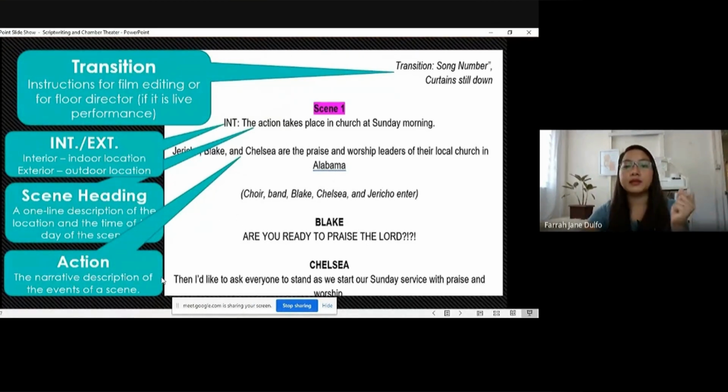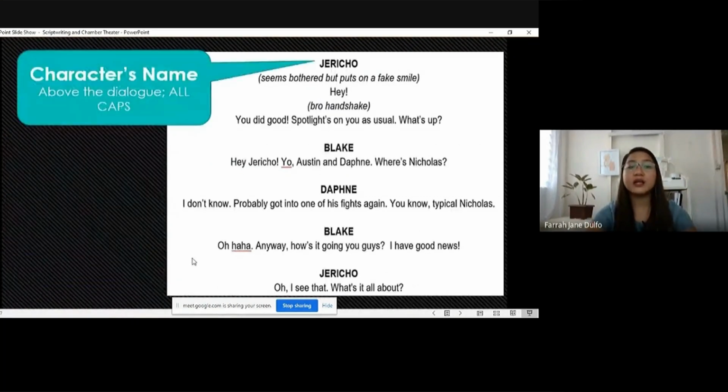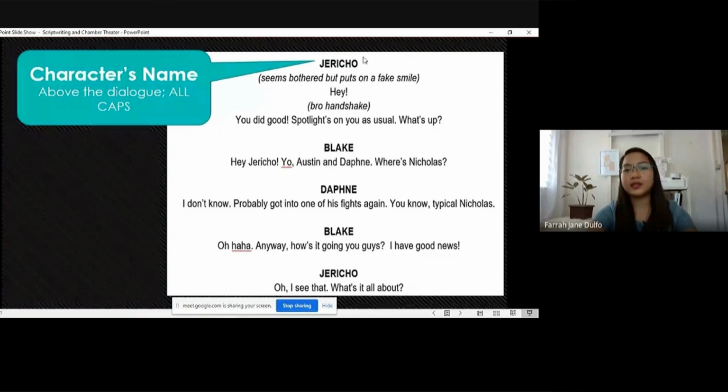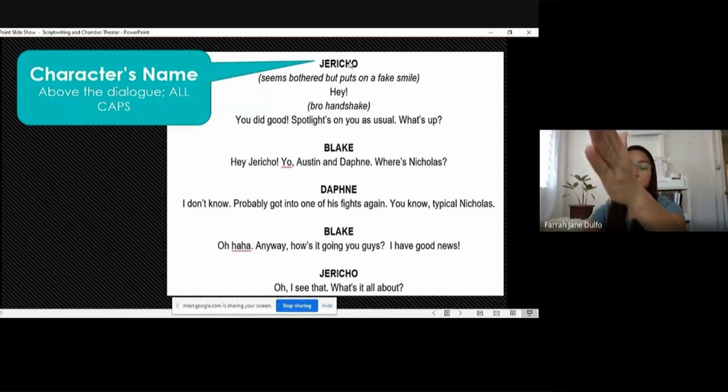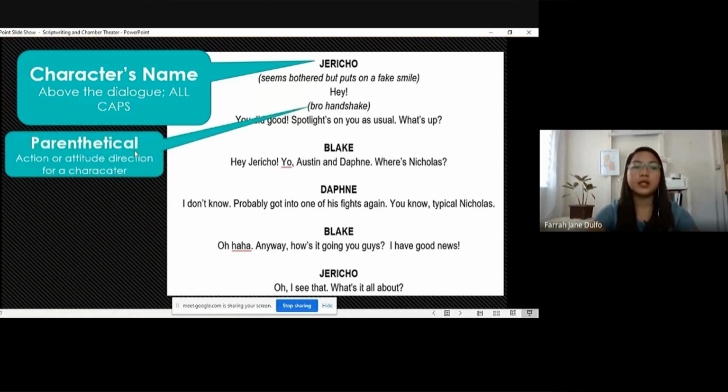Okay? Now let's move on to more vocabulary, and that's the character's name. The character's name should be center aligned, notice, and it should be all caps, and it should be above the dialogue or the parenthetical. Parenthetical is the action or attitude direction for a character.